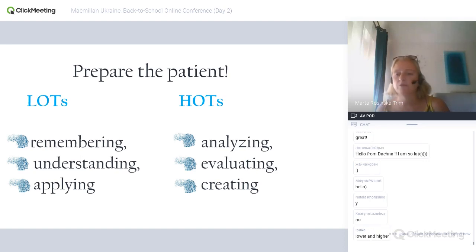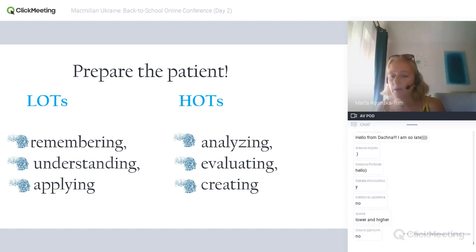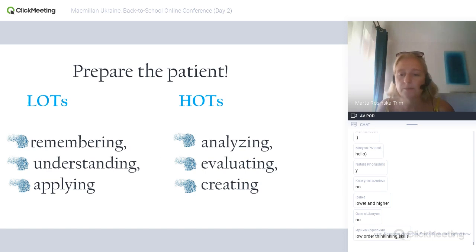It comes from theories of cognition. Yes, lower and higher order thinking skills. Yes, Irina, well done. LOTS means lower order thinking skills, and HOTS means exactly higher order thinking skills. And all I want to say is that